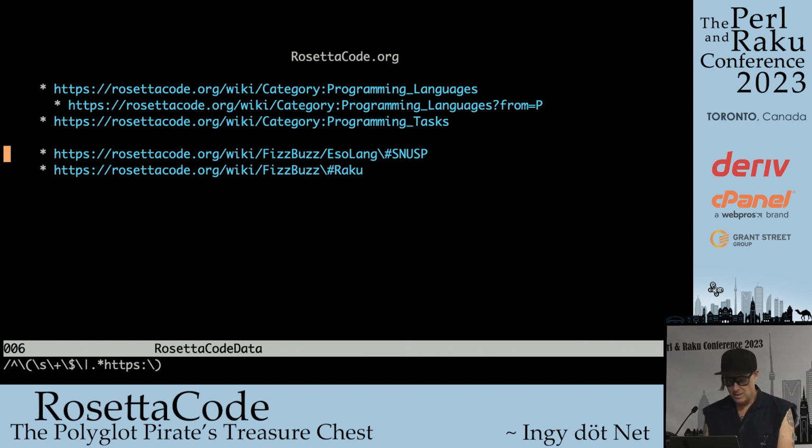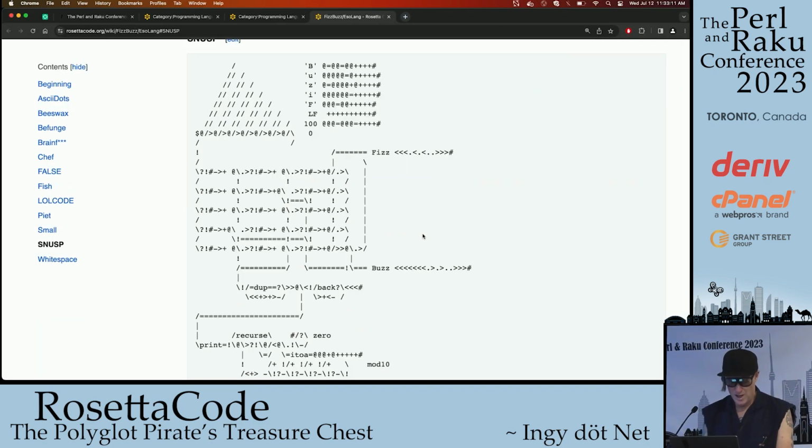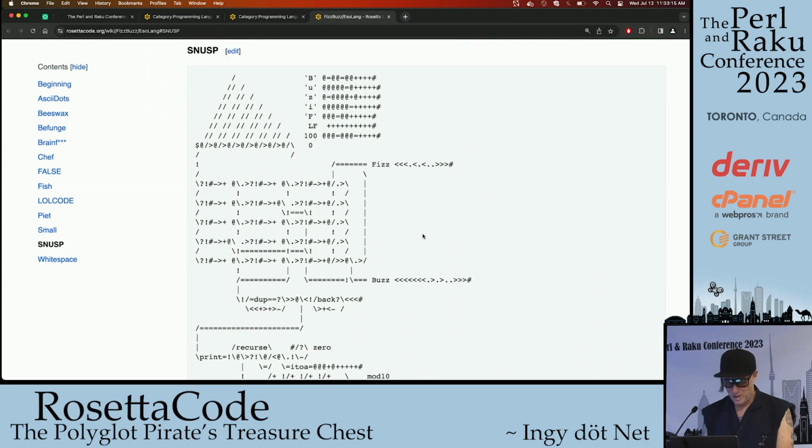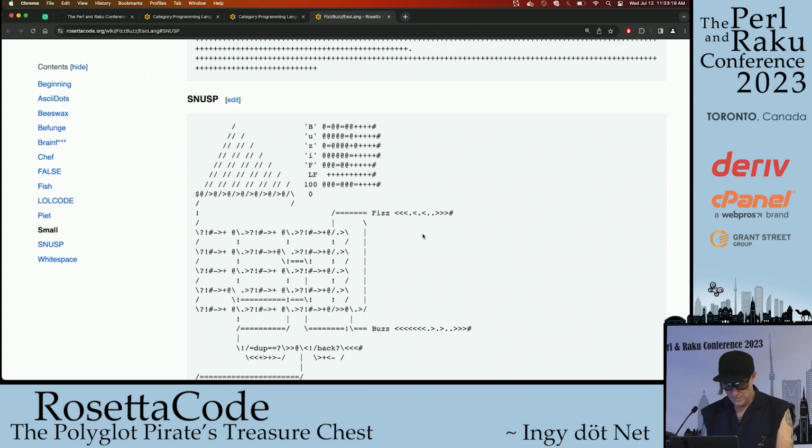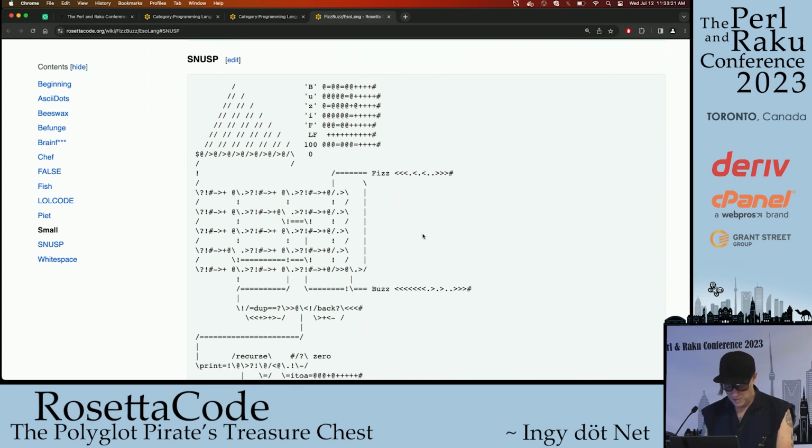And my favorite language on the site, SNUSP, got moved to SOLangs, which they have this special page for. That's my favorite program on the old site, has been for 10 years. It's so cool. I'll show it in action in a little bit. Let's have FizzBuzz in the SNUSP language.